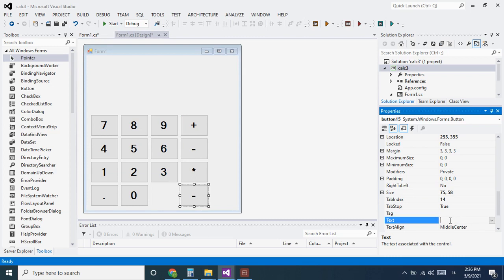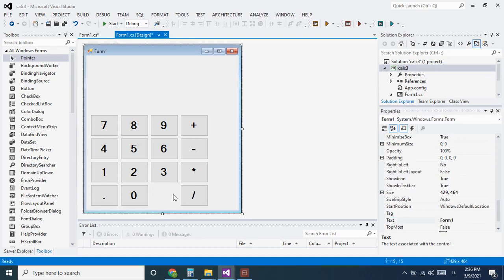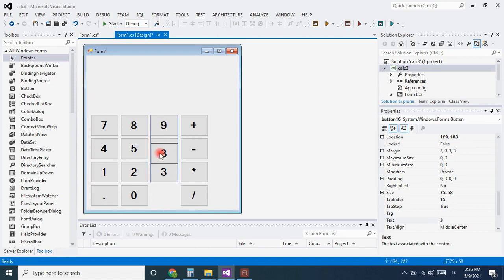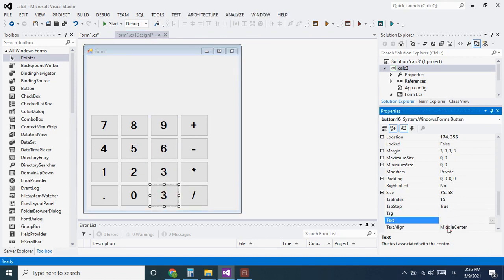I think for the division operation we could use this one. For example, this is for division, and another thing that I think we could use is another for